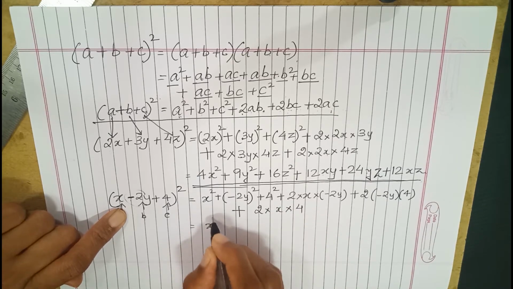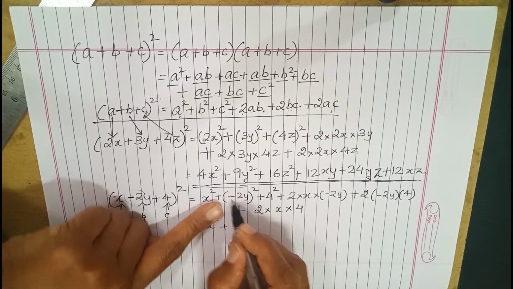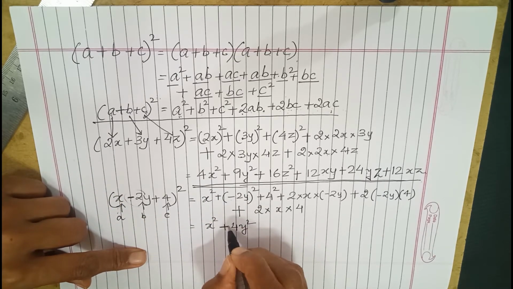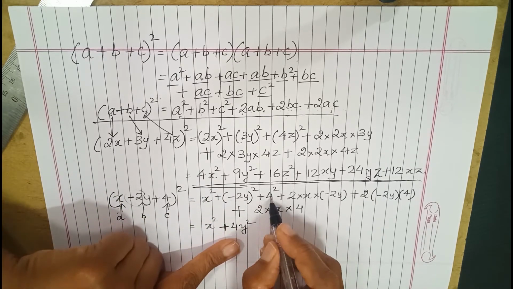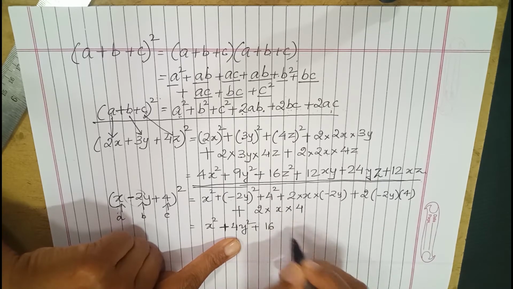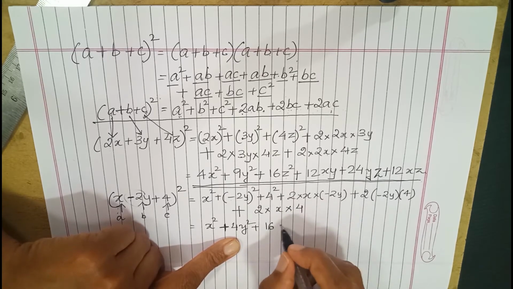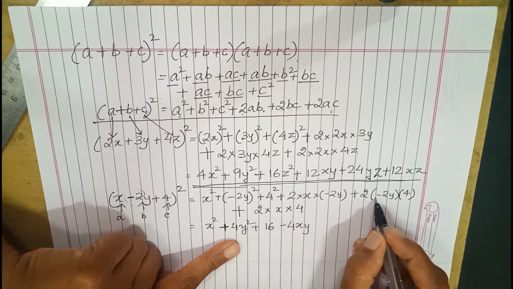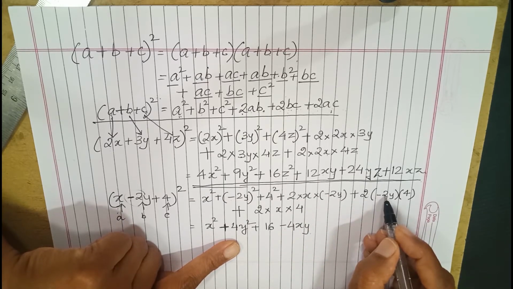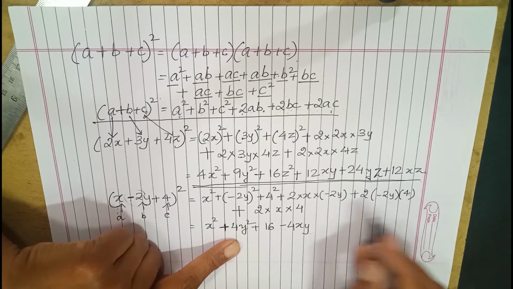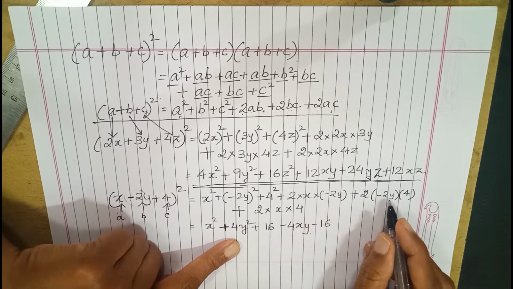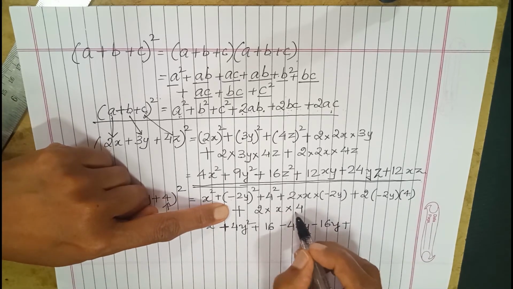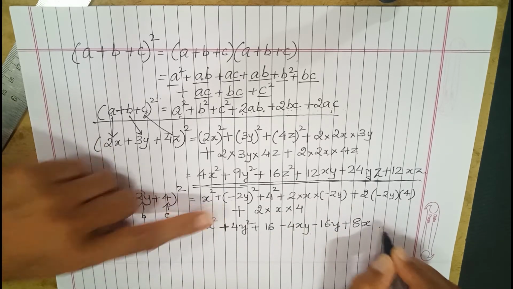Let's open the bracket. Now this you can see minus 2 into minus 2 will become 4. Y into y is y square. So we get a plus y square. 4 square is 16. Now here 2 into minus 2 is minus 4. X into y is xy. Next here again 2 into minus 2 is minus 4. Minus 4 into 4 is again minus 16, and there is only y here. And the last term 2 into 4 is 8. 8 into x is 8x.